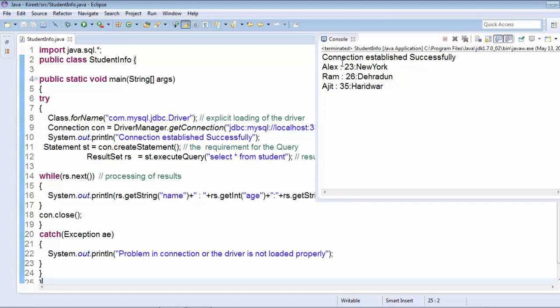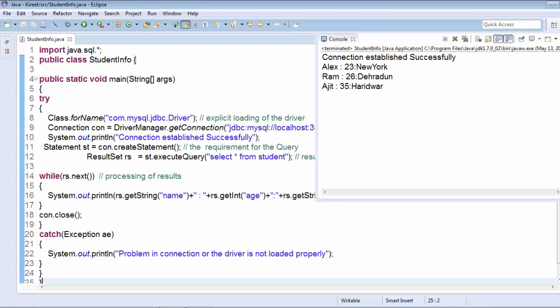The first row has name Alex, age 23 and city New York. So the first record has been successfully retrieved. Similarly, the second and third records have been successfully retrieved. All the rows have been retrieved by this Java application with the help of this JDBC connection.